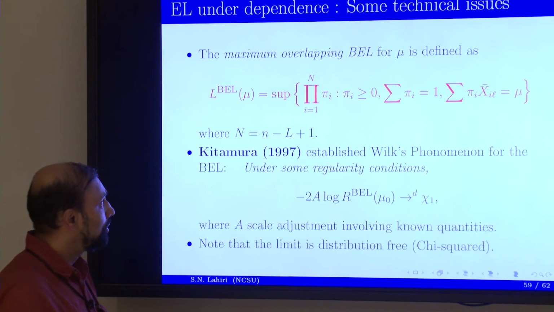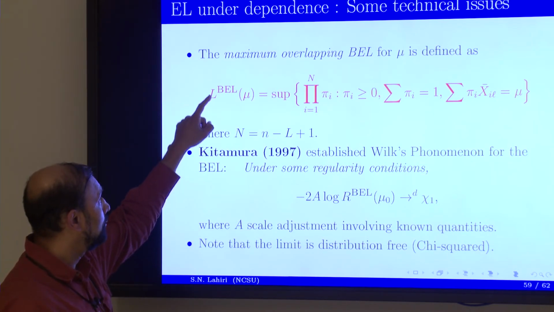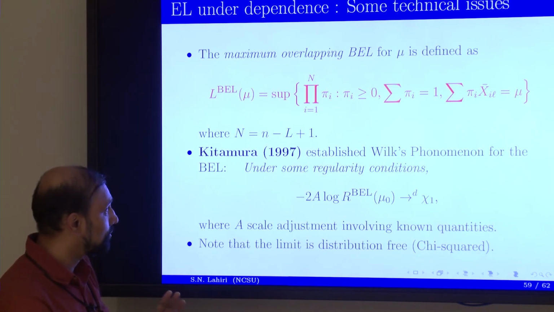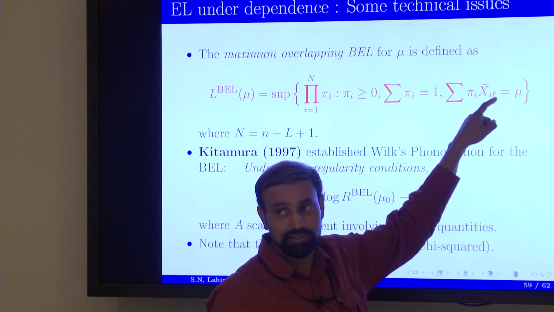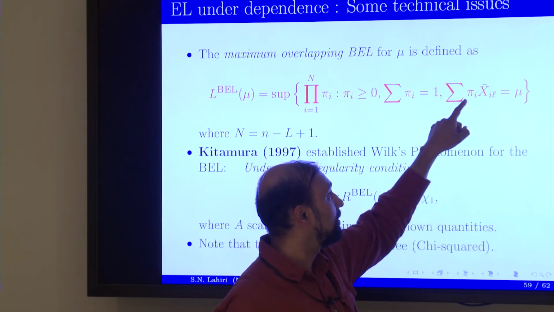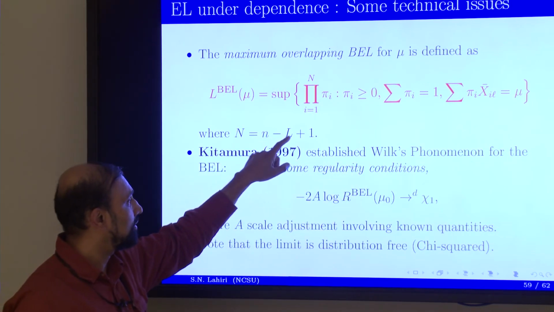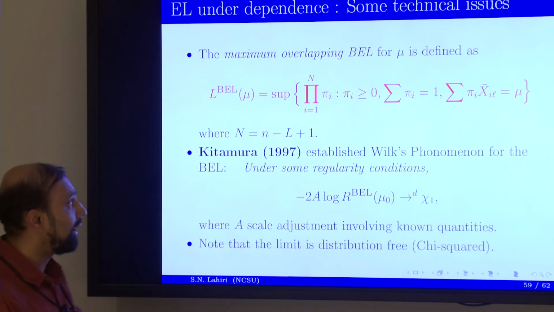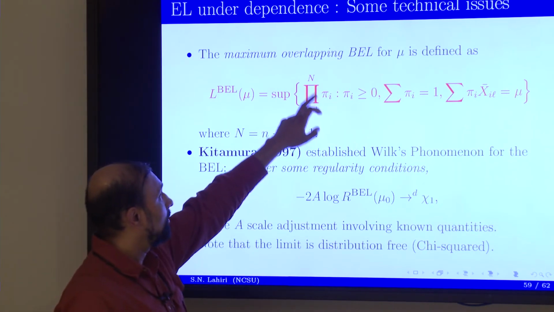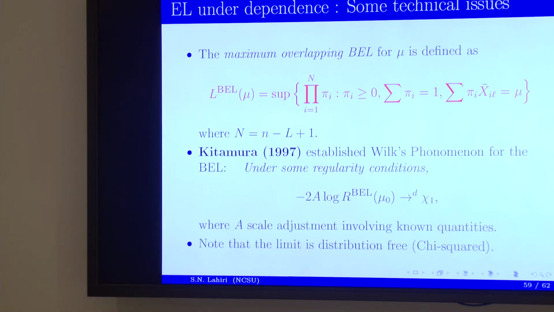So what are we going to do? If we want the empirical likelihood, I say block empirical likelihood just because we are putting weights not on the individual xi's but on the block averages. So this is the average of the ith block. There is a weight pi i, and there are as many as n minus capital L plus 1 such overlapping blocks if you fix the block length at L. And so it is the product of all these pi i's that is going to define the BEL values at any particular mu.